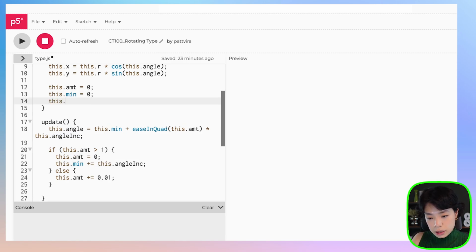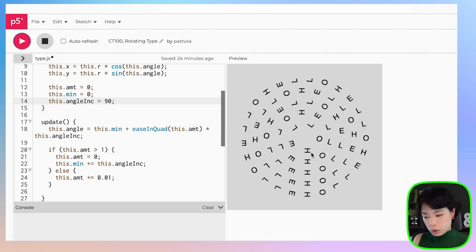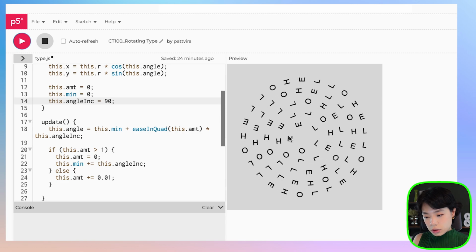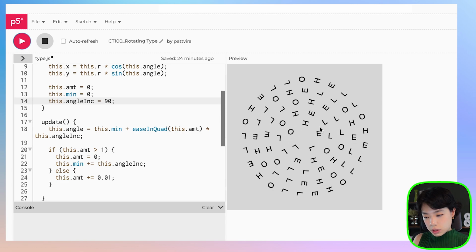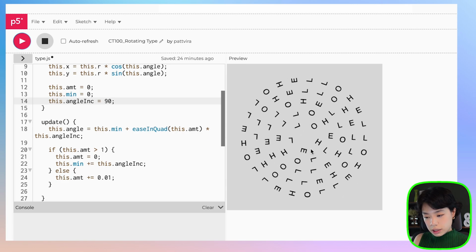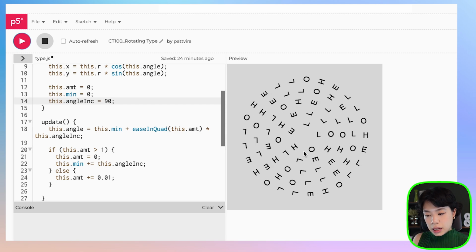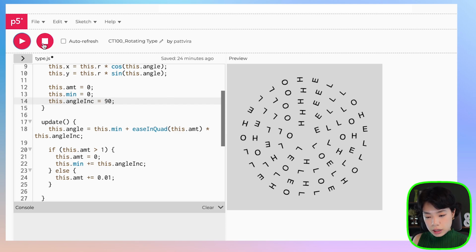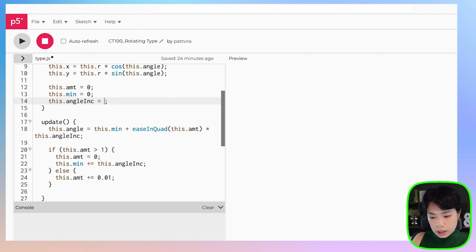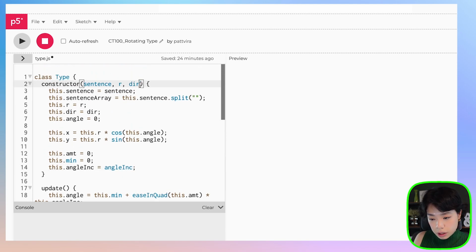And we're going to set this dot angle increment to be equal to 90. And then now it moves at 90, 180, 270, 360. All right. But what we can do additionally is, what if I actually set this as a parameter here